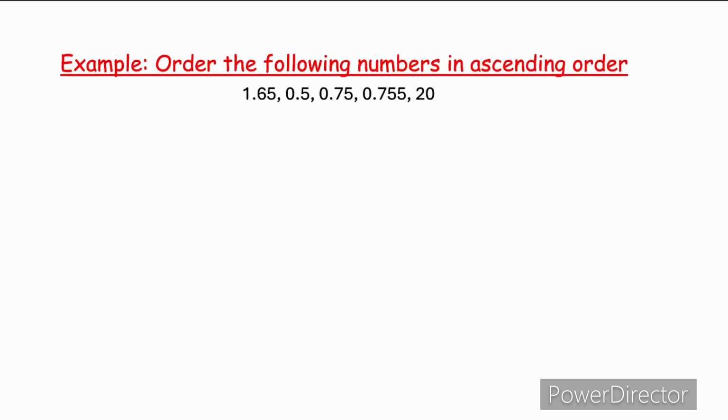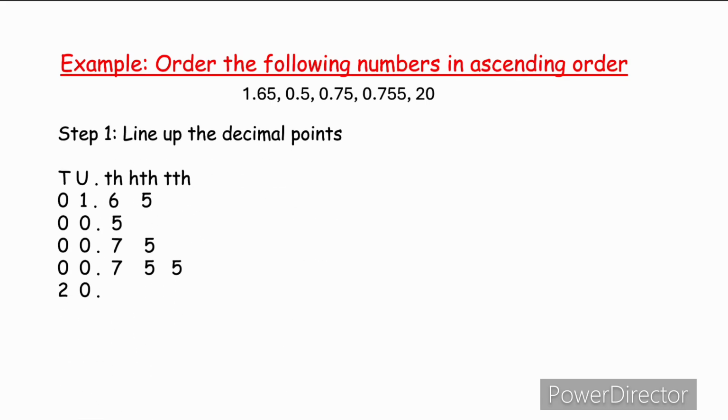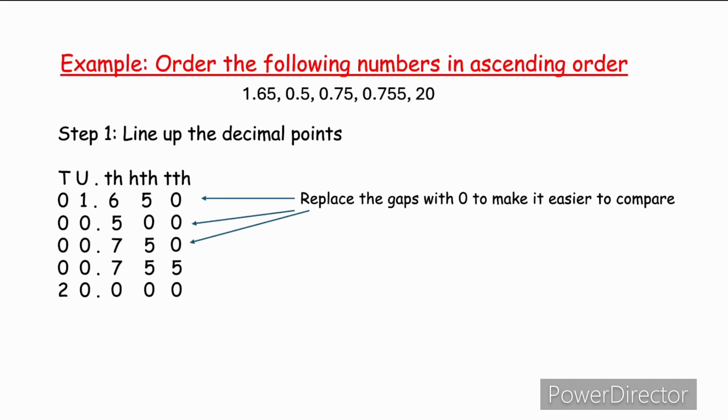Here's an example on ordering decimals. We have the following numbers: 1.65, 0.5, 0.75, 0.755, and 20, and are told to order them in ascending order, from smallest to largest. Firstly, we line up the decimal points in a column, making sure the place values line up with each other. Replace any gaps with a 0 to make it easier to compare, as they are all